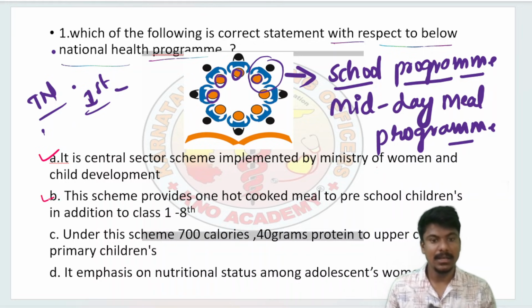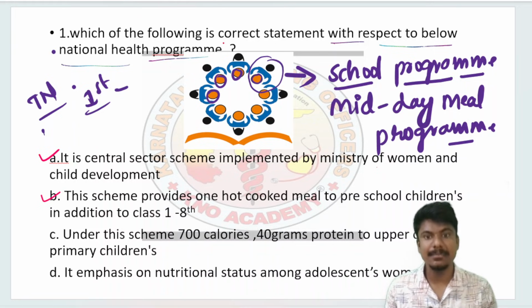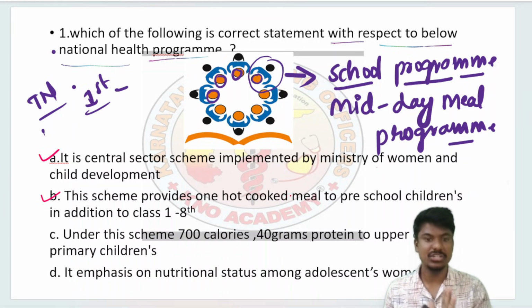Option B. First I told you, we have to identify the national program. We identify the national program: it is a school health program, that is your midday meal program. Now we'll see which is the correct statement given for the midday meal program. First one, I told you, it is a central sector scheme implemented by the Ministry of Women and